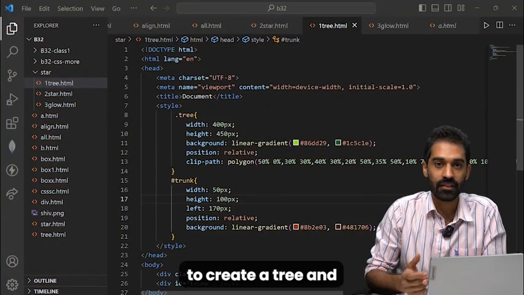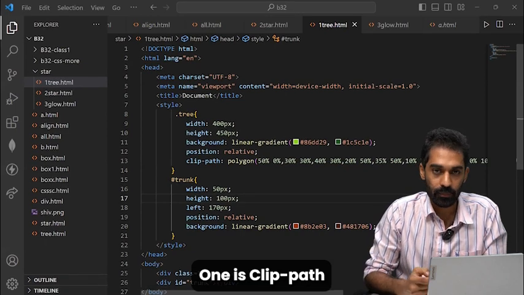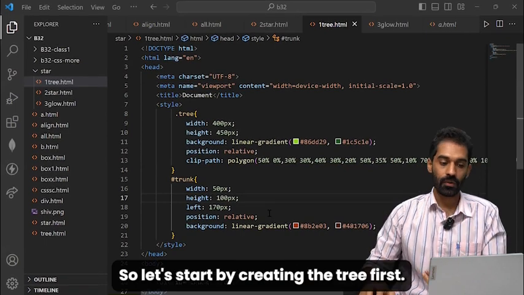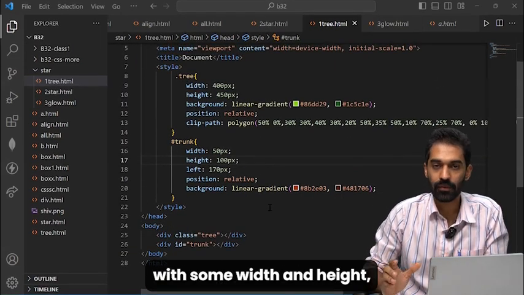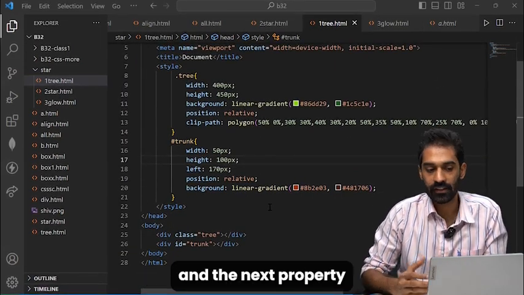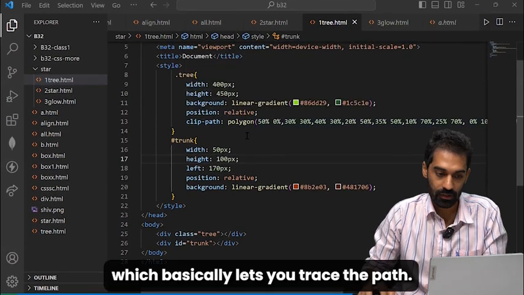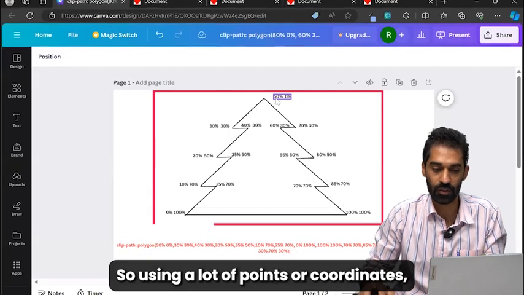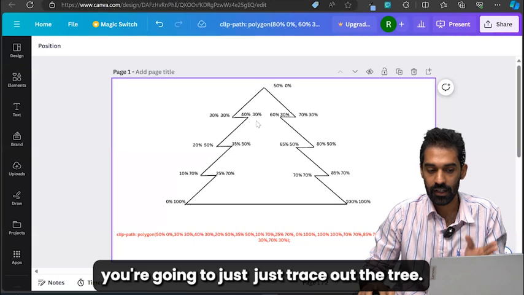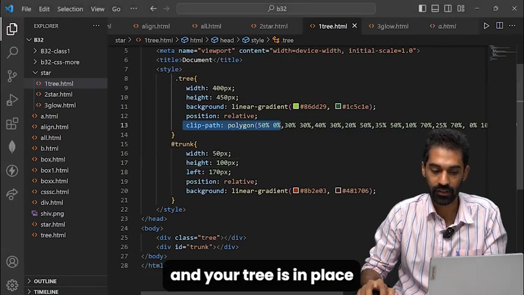To create a tree using CSS and HTML, you need to know two properties. One is clip path and another is animation. So let's start by creating the tree first. We'll have a simple div with some width and height, and the next property that we are adding is clip path, which basically lets you trace the path. So using a lot of points or coordinates, you're going to just trace out the tree. Once the coordinates are in place, you just apply this property clip path and your tree is in place, and